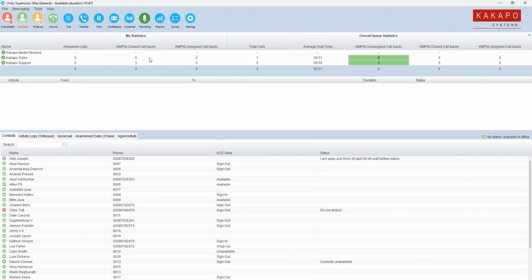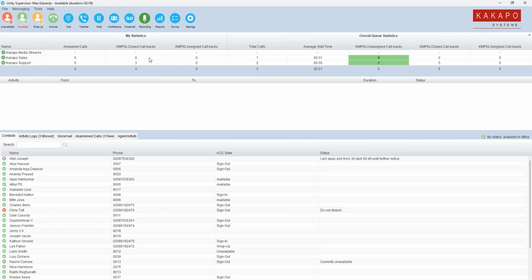All right. So now that we've actually seen how keep my place in queue works, we've spoken about what it's like from the caller's perspective, and we've seen it from both the agent and the supervisor's perspective. How does it actually work on the back end? So there's a few steps related to configuring the Keep My Place in Queue feature. We do have a guide on our website. It goes step by step, covers everything with screenshots,